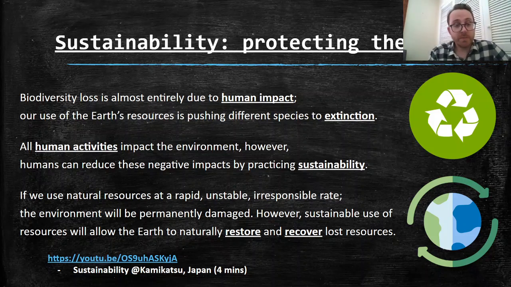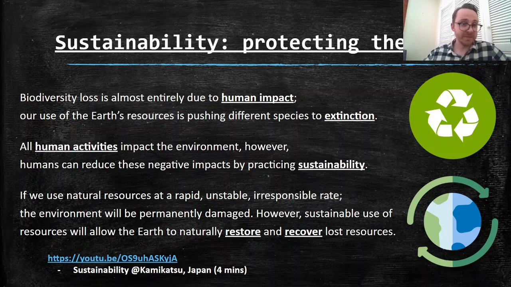All human activities impact the environment. However, humans can reduce their negative impact by practicing sustainability. So if we use natural resources at a rapid, unstable, and irresponsible rate, the environment will be permanently damaged. However, if we use resources sustainably, so not too much, we will allow the Earth to naturally restore and recover lost resources. The environment is very, very impressive in that it has these naturally built-in kind of recovery mechanisms. We just need to take a step back and let it do its thing, and it will be able to